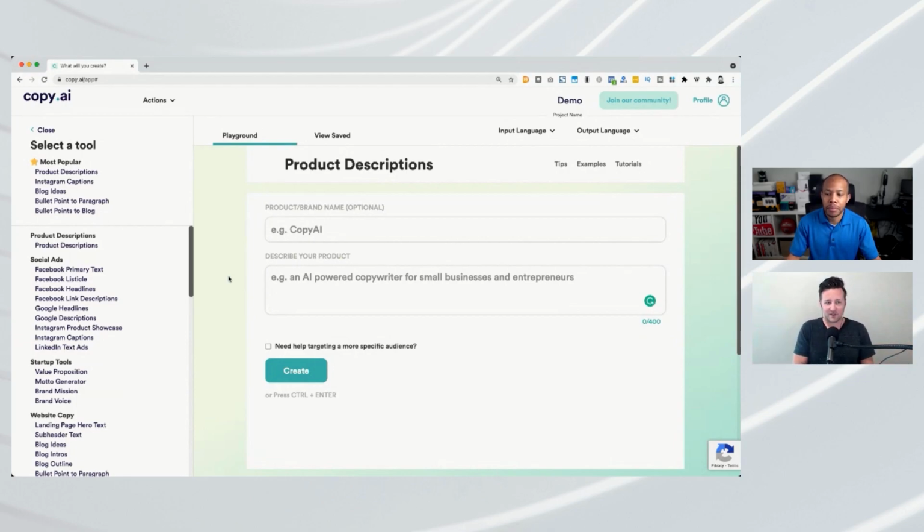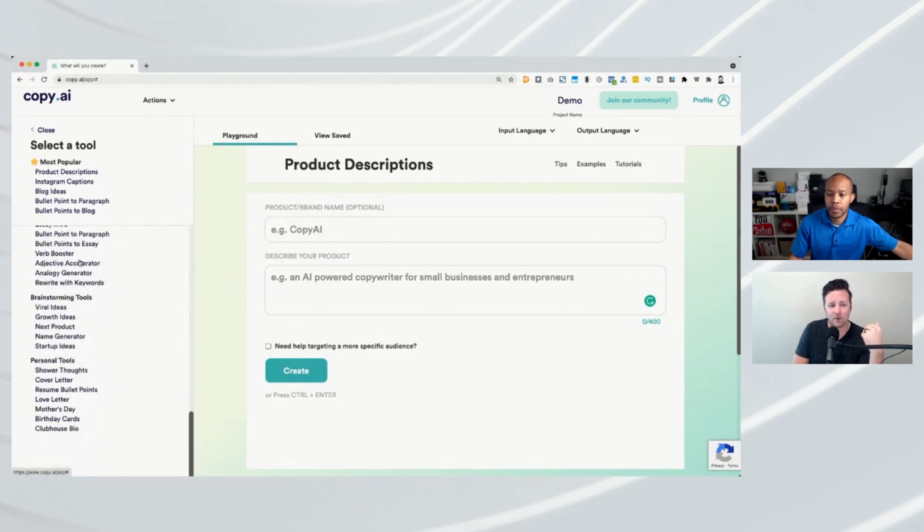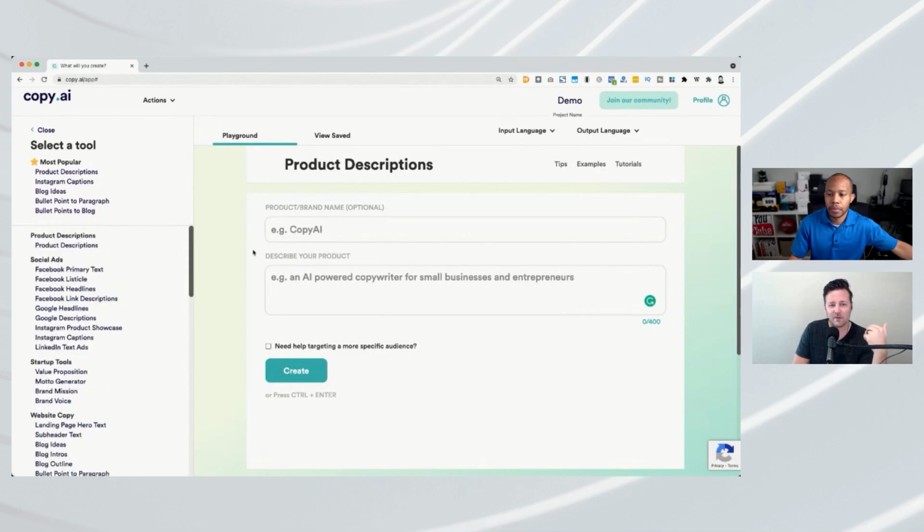So let's look here. This is a tool called CopyAI, and this is the one that I actually got a chance to meet the founders, and I really love what they're doing here. They were one of the first ones to start to put things together, and they built all these tools to help us write better words. And so this is, to me, the best value for your money on the market with what you get here. Unlimited copywriting. They've got all these tools to help you. The challenge then is figuring out how to use it.